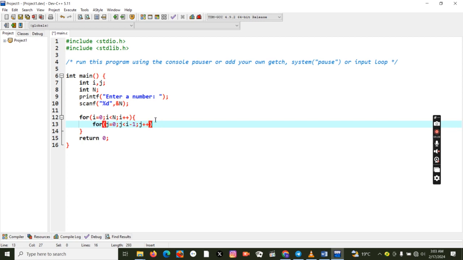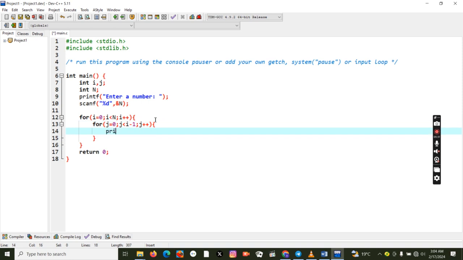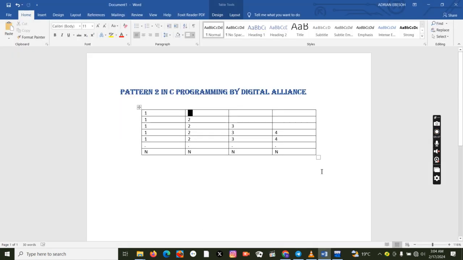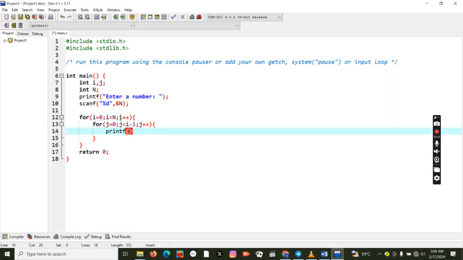So what we are printing is actually j. We are not printing i because we are printing in column form. You can see we are printing 1 1 till n, we are printing 2 2, we are printing 3 3, and we are printing 4 4. So going back to our text editor, we'll say printf, percentage d. We want to print j, so we just put j. Then give a tab to give a space